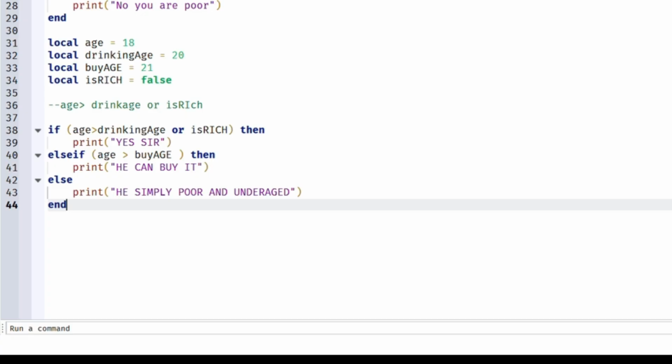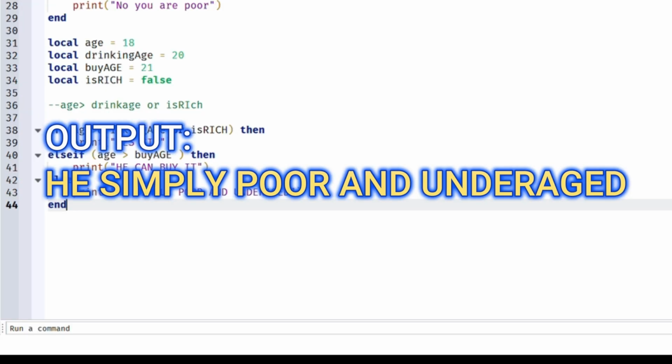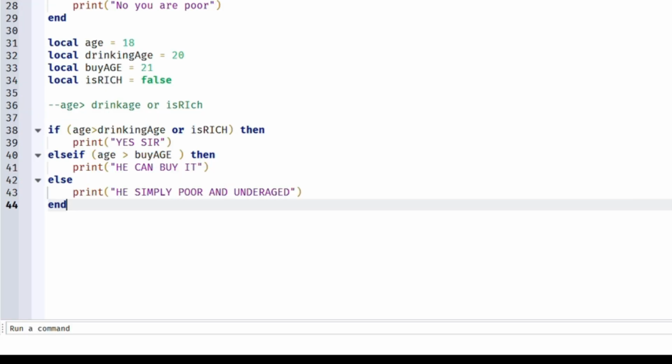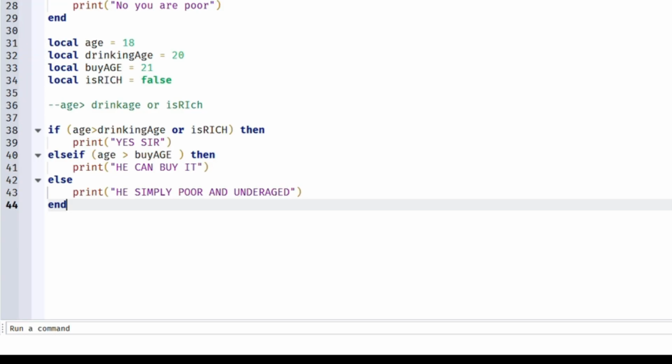So if you execute this, if you stop this, I'm expecting him to be simply poor and underaged. There you go. He's simply just poor and underaged. Okay, now that we have this out of the way, let us move on to the next part and learn